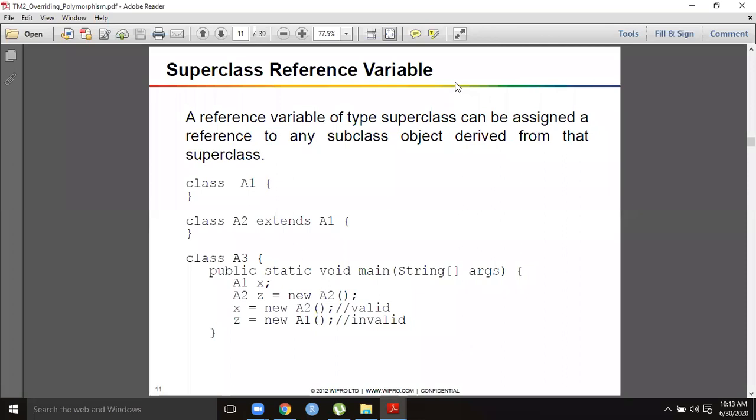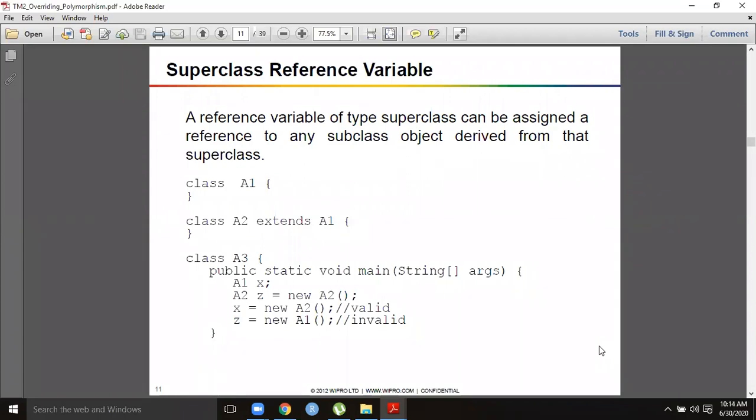At that time, if we have a concept called dynamic method dispatch, the order can be altered. For example, the 9th item can be dispatched after all the items are dispatched, or may be scheduled for tomorrow. So this type of calling sequence can be estimated or predicted at runtime using dynamic method dispatch. To understand the dynamic method dispatch concept, one must know this particular concept, the superclass reference variable.